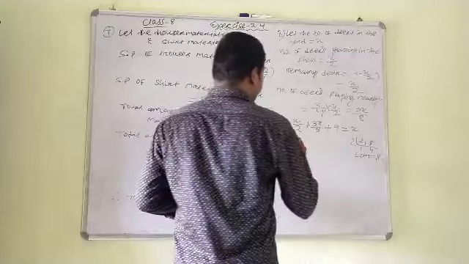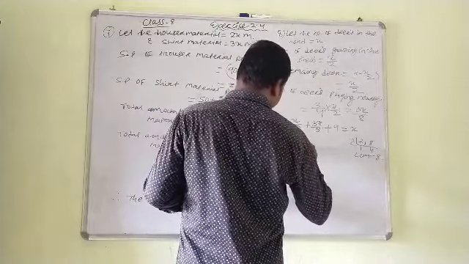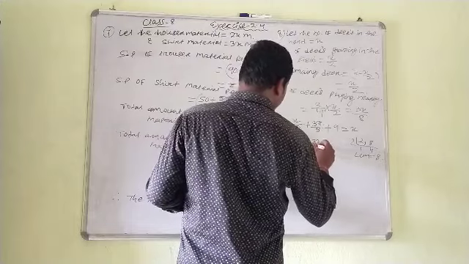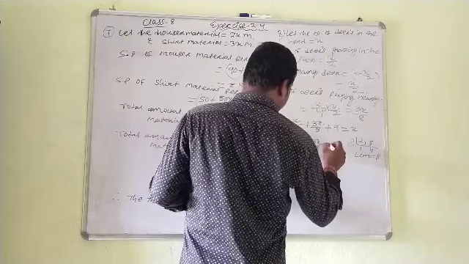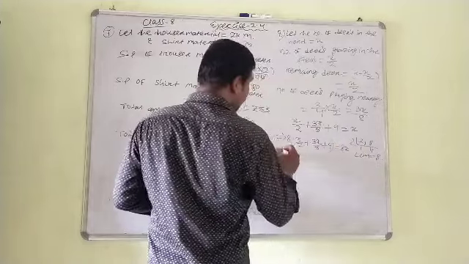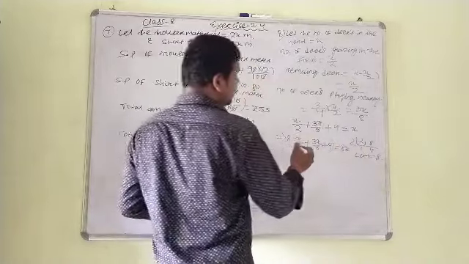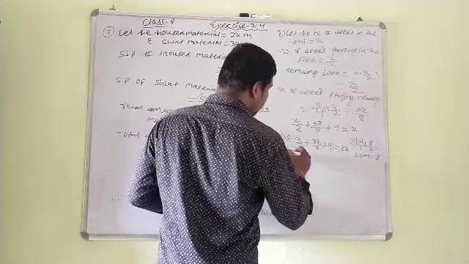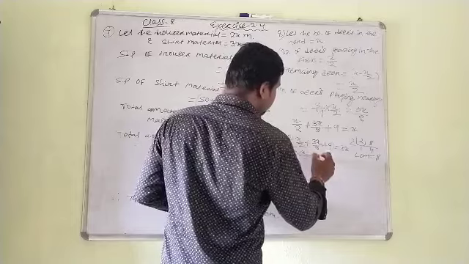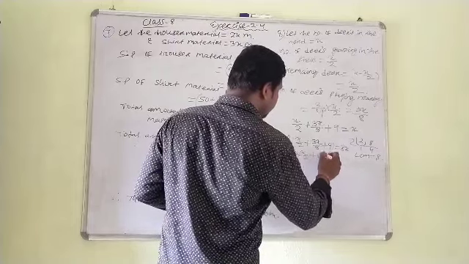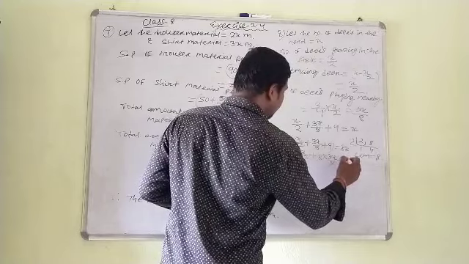That is 8 into X by 2 plus 3X by 8 plus 9 equal to 8X. Now we'll multiply 8 in each term. So 8 into X by 2, 2 4s are 8, plus 8 into 3X by 8, the 8 cancelled, plus 8 into